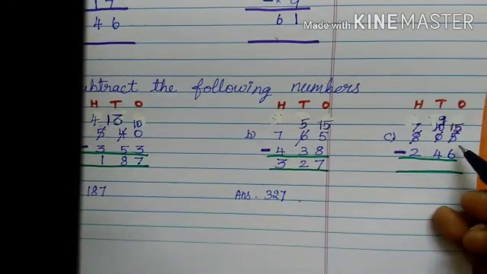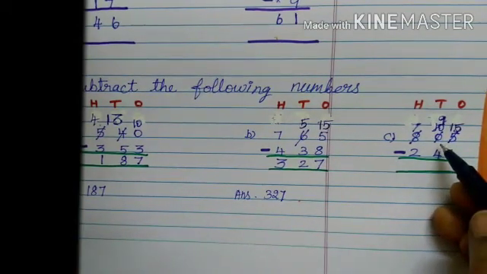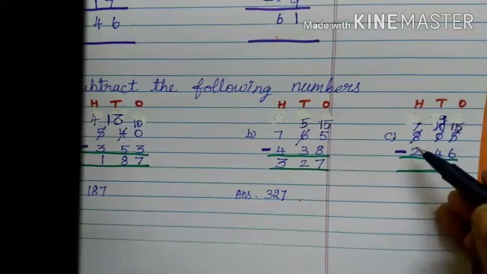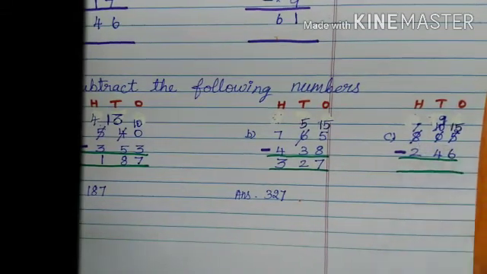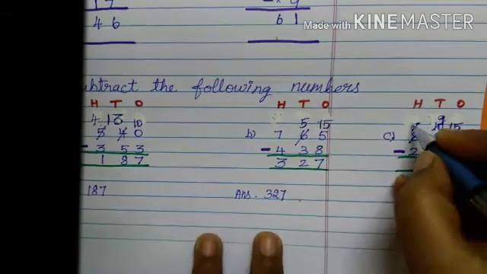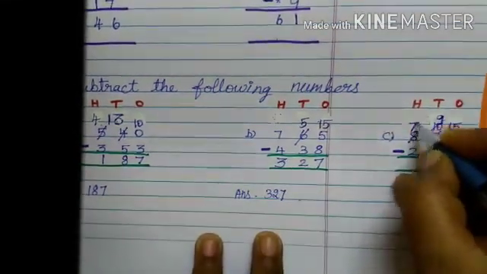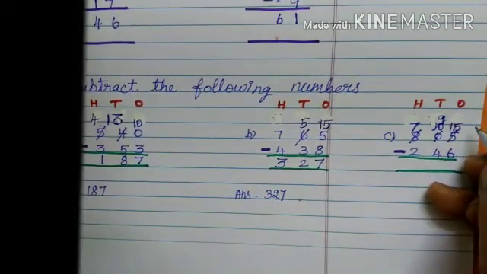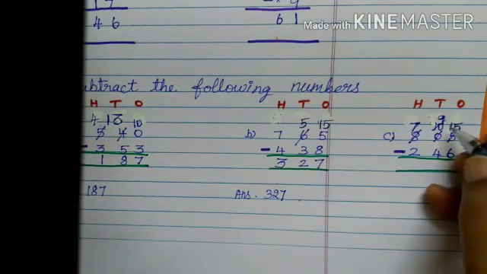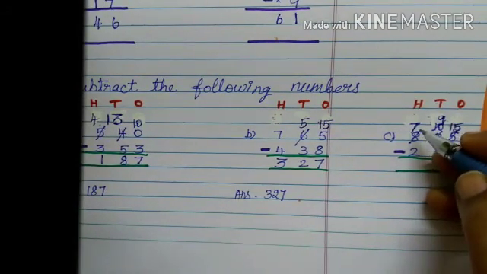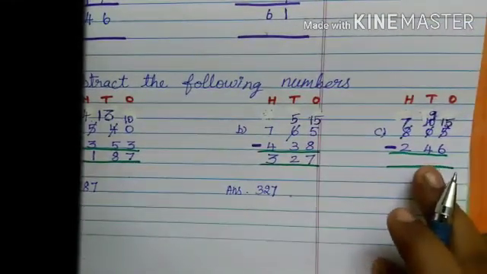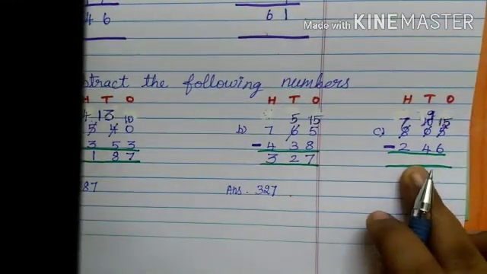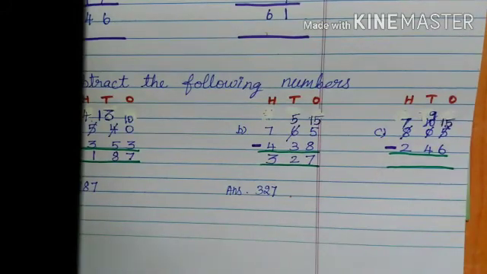Compare 5 to 6. 5 is smaller. Then the tens place is 0 only. Then you move to the hundreds place for borrowing. So 8 borrows to the tens place first, giving 10. Then borrow to the ones place, and only then you get 15. The tens place is changed to 9, and the hundreds place is 7. This concept is very important. You understand this one, then it is easy to do the same method.